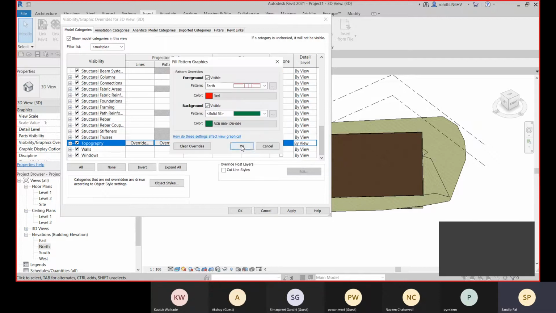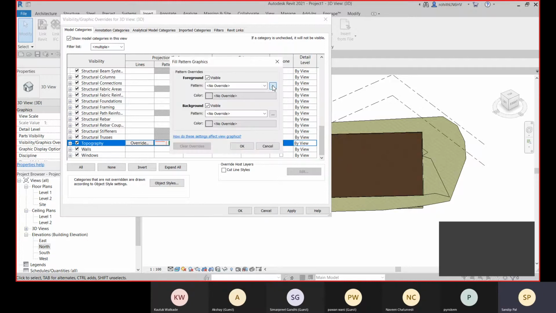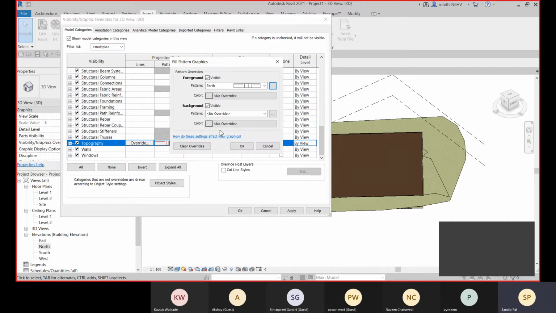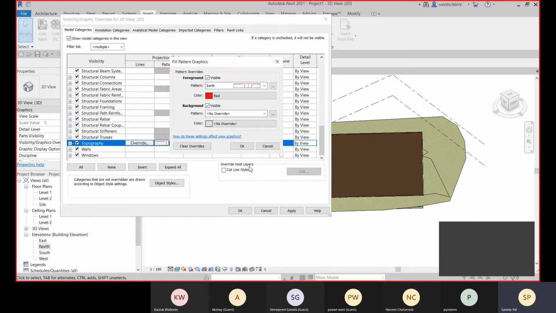Click on OK. And for cut also you can go with patterns. So let me show you. The same earth pattern and the same color, and now I'm not going to apply the background, so click on OK.